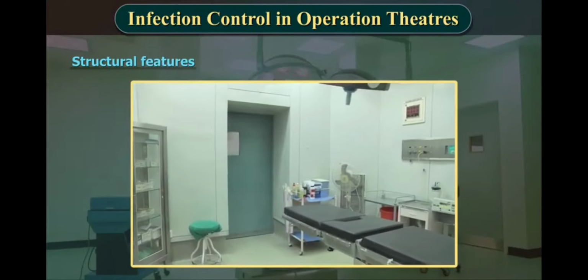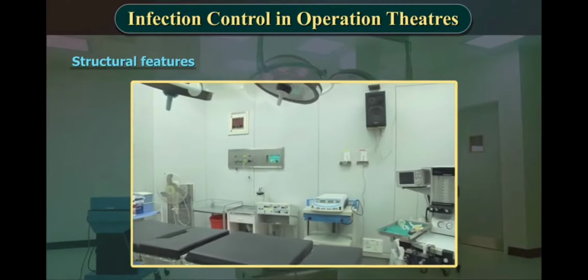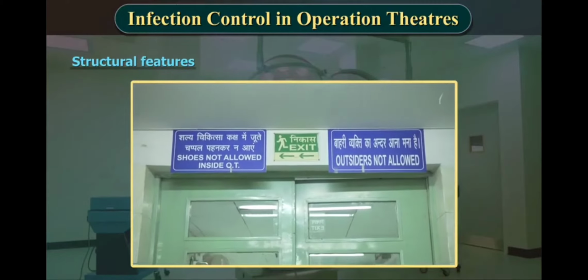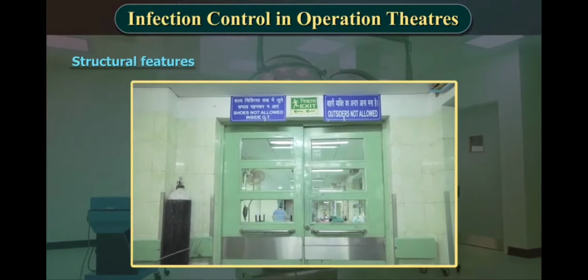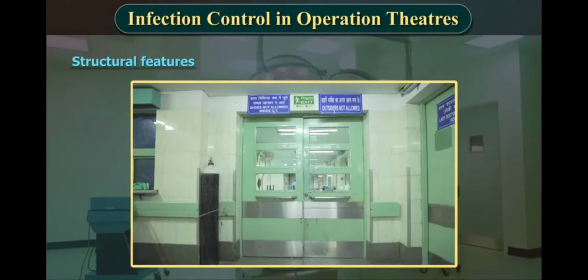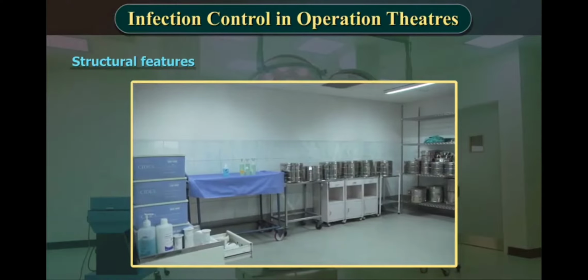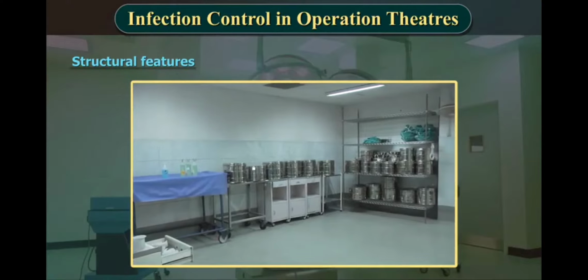Specific rooms should be designated for performing surgical procedures and for processing instruments and other items. It is important to control traffic and activities in these areas since the number of people and the amount of activity influence the number of microorganisms that are present and therefore influence the risk of infection. Restricted entry is extremely important. The operating unit should be arranged in progressively less contaminated areas from the reception area to the operating theatres.